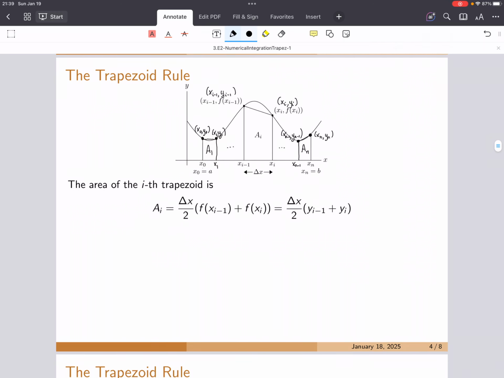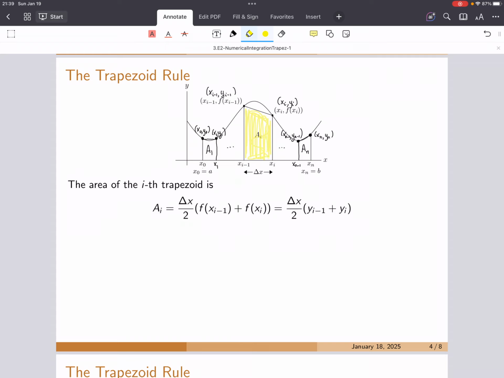So here I've got a generic function, f of x, and we're going to integrate that from a to b, from x naught to x sub n. And we've divided this interval from x0 to xn into n equal subintervals of width delta x. And we're going to be building trapezoids on top of each subinterval. Okay, so the ith trapezoid, the one that I'm sketching in yellow here,